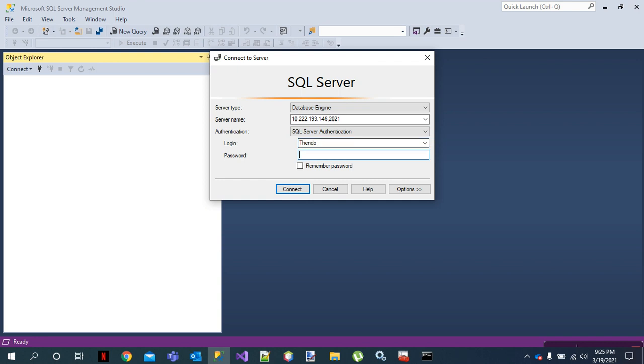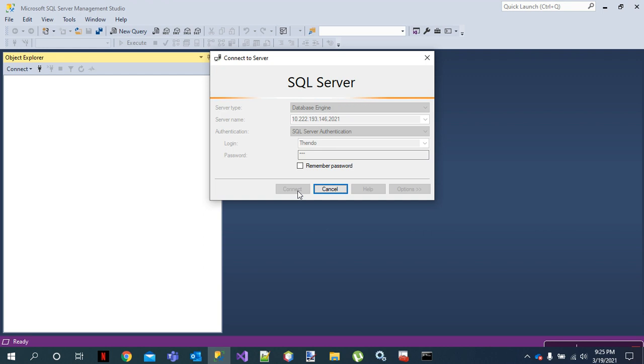put my name. Also, I'm going to put the password I put on the other side, right? Then press connect. Let's hope this connects. Okay, if it doesn't connect, I think the only thing we are going to do is just restart the services again.